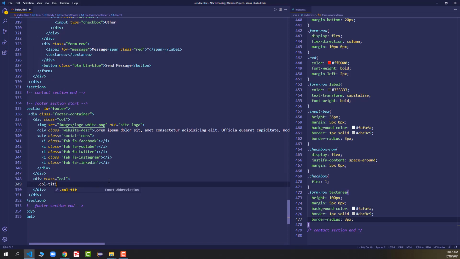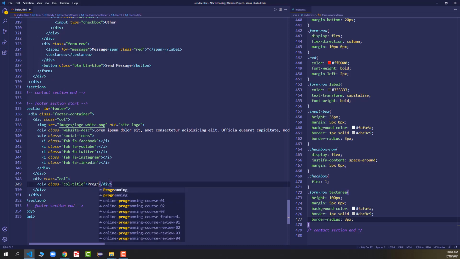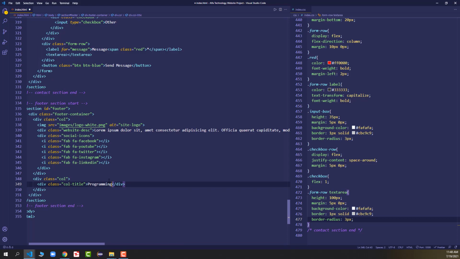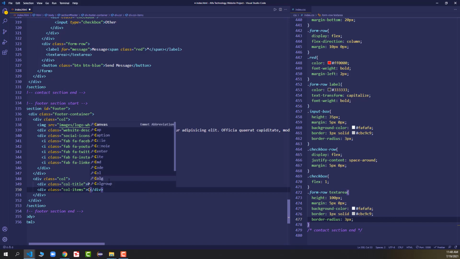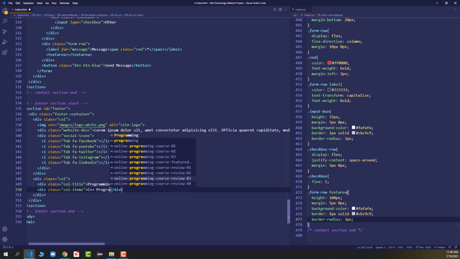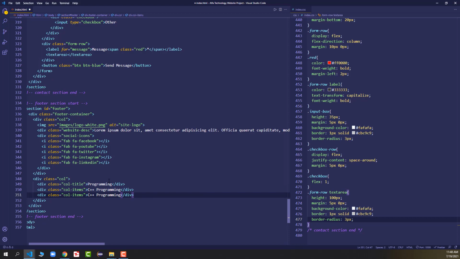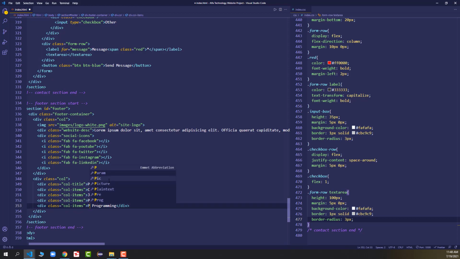Here I will add the dot col title class. This will be the title of the column, and inside of it I will add programming. After that I will say dot col items, and inside the dot col items I will have C++ programming, and then I will just copy paste them 4 times. Then we have Java programming, then we have Python programming, and finally we have PHP programming.